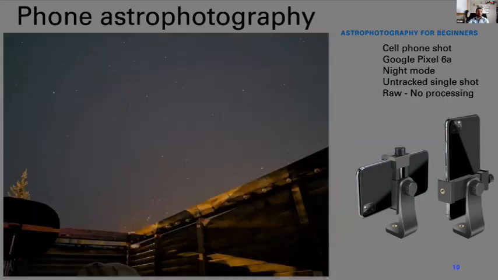So this is another image that I had taken, which again looks better on my computer than it does on Zoom right now, but it gives you an idea of what is possible with a cell phone. And this is a single shot with my Google Pixel 6a cell phone using the Night Sight option. And I have given, up at the top right over here, the settings for all the pictures that I have taken. So this was, again, an untracked single shot, but it was put on a tripod for this one using this kind of adapter that I have a picture of. So it doesn't shake, because I can't hold my hand steady for 30 seconds.